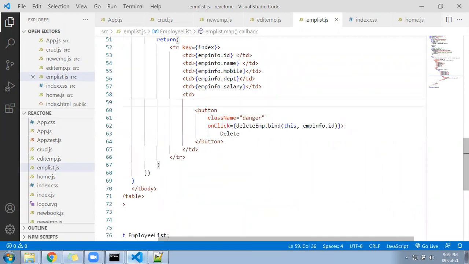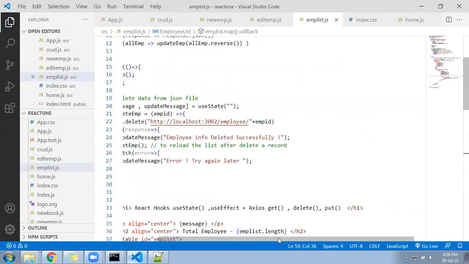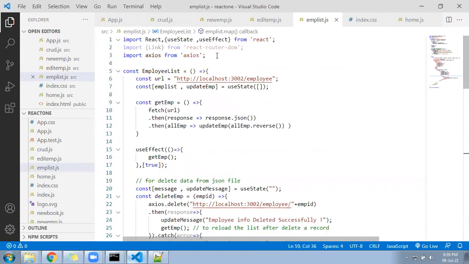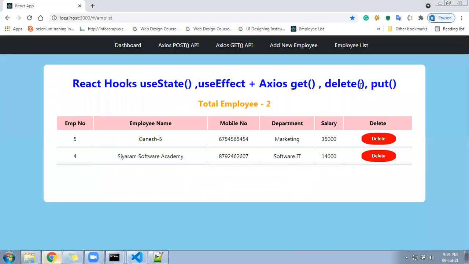Let me keep it completely plain as it was in the last video, video number 3, where we have added the delete functionality and delete was working. Right now I need to start modification from here.